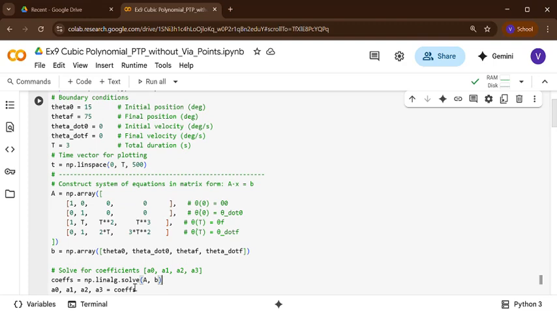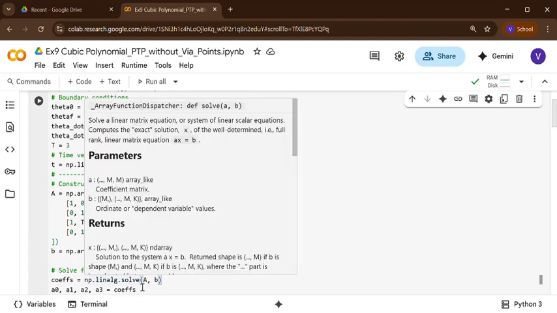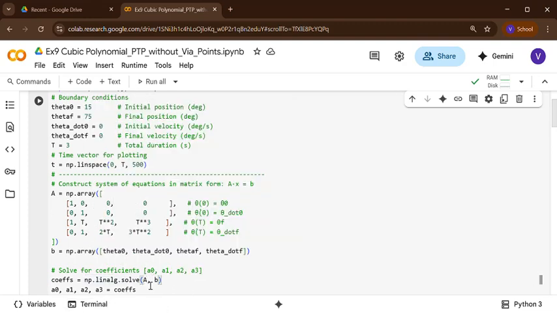So here if you just give linalg.solve, it will solve, and those values are assigned to coefficients. From coefficients, they are assigned to A0, A1, A2, A3. Okay, if you want, we can print this as well. So this is very important.